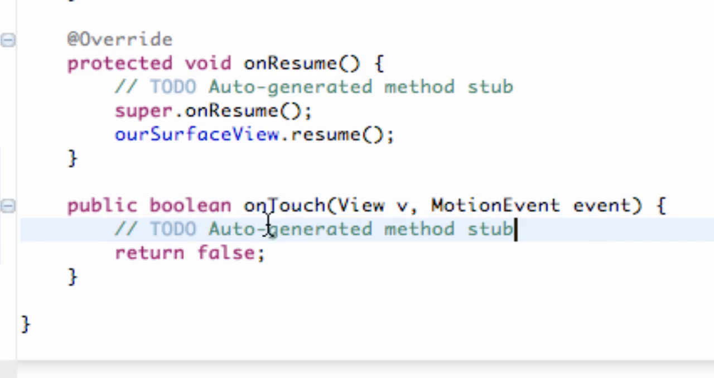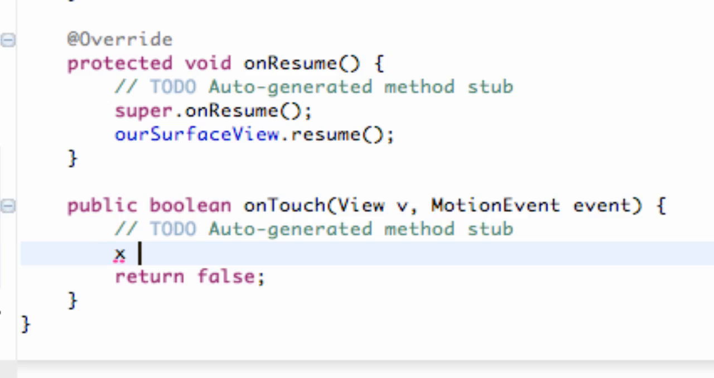So we go within this method, because when our surface is touched, it's going to call this method, and it's going to give us which view was touched, which is our whole surface, and then which event, whether it be a down, a move around, or a release of some sort. We're just going to set our X and Y values. So we're going to say X equals event, or whatever your second argument is, which is your motion event. As you can see here, it's labeled event. So we're going to say event